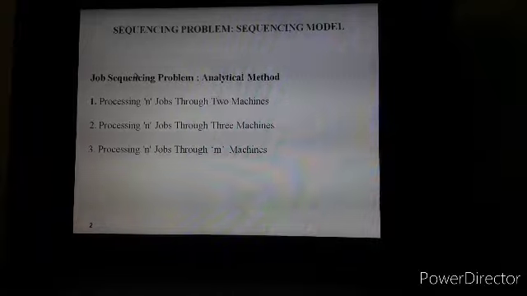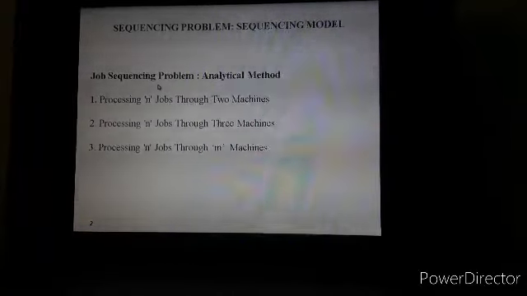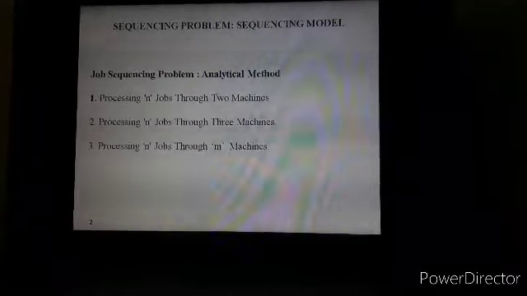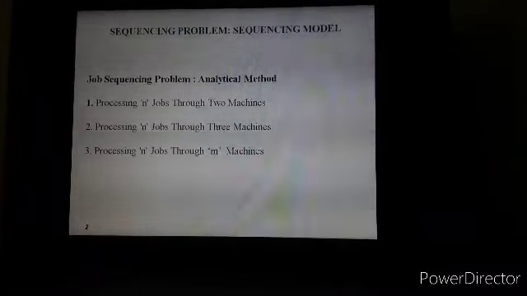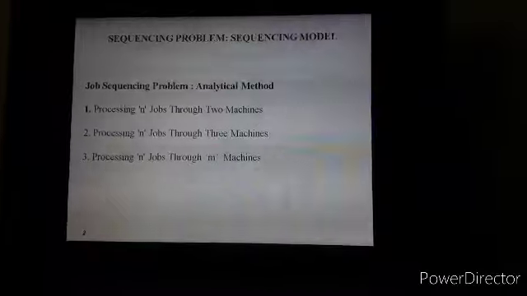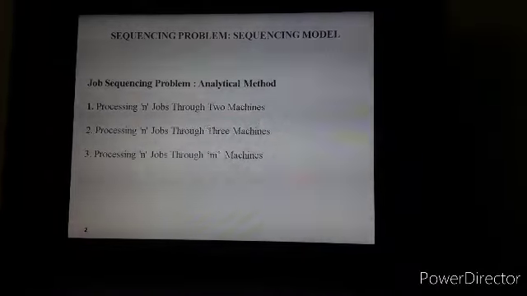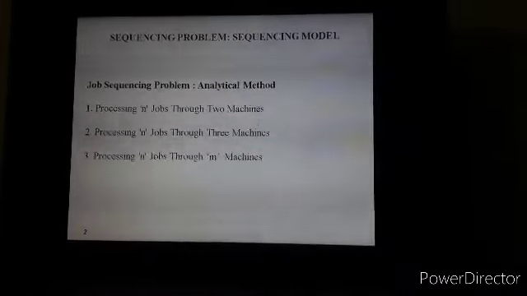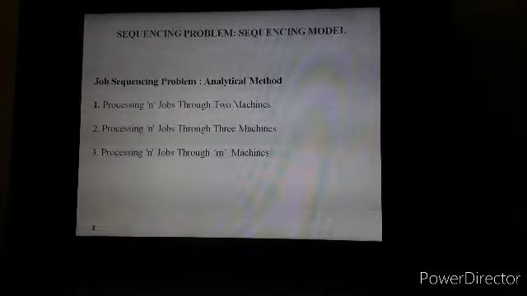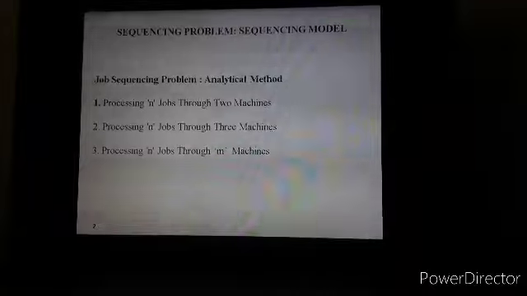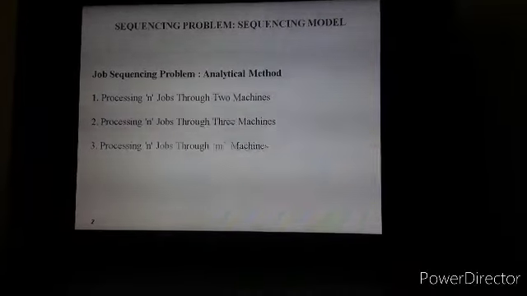Now, what is the sequencing problem, or why is the sequencing model required? We know that in industry there are four important resources, which are manpower, machines, materials, and the capital requirement for all these resources.